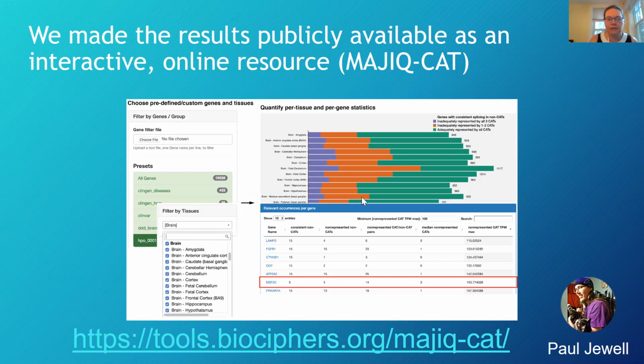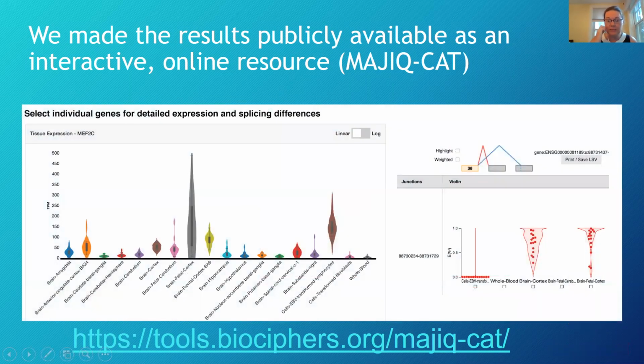And so just to give you an example, this is the type of output that we get. It'll tell you both the tissue expression for the particular genes. I pulled up one of my favorite brain genes, MEF2C. It'll give you a violin plot for the expression, and also the splicing, how well that's represented in